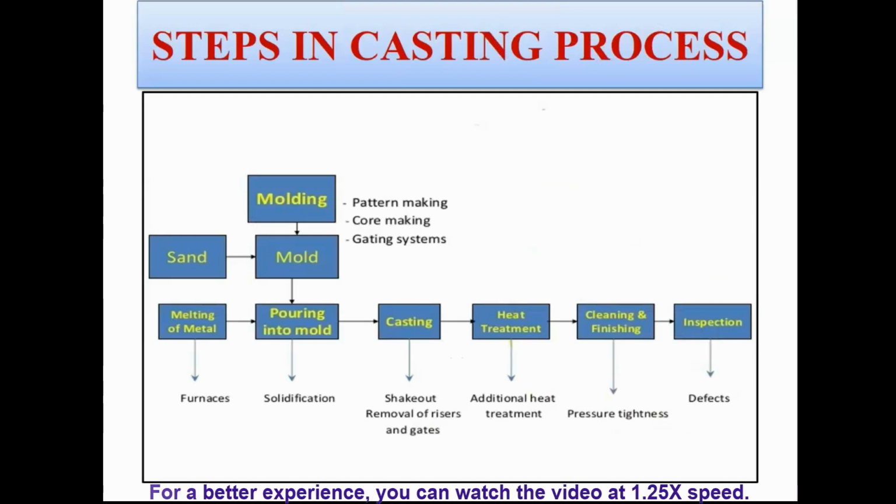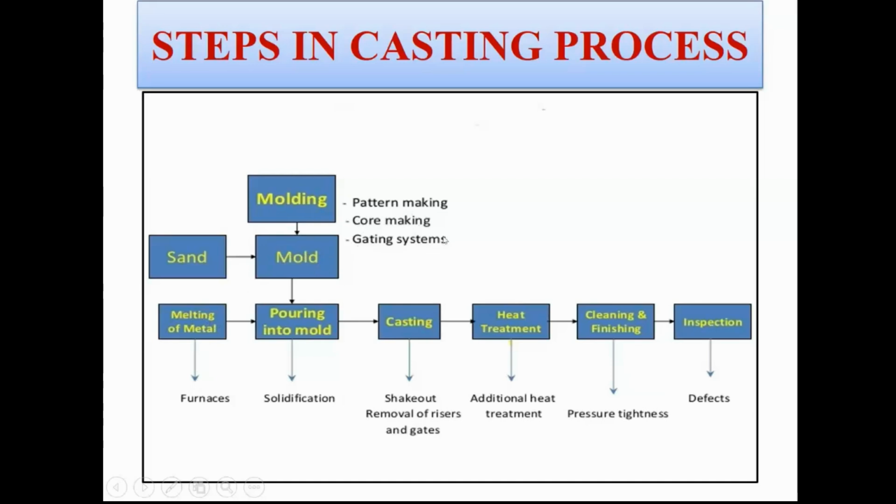There are certain other steps which are involved in the whole casting process, and we will revise them again. So first of all, you make a mold which is made up of sand, clay, and binder, and simultaneously in the same foundry you melt your metal in the melting furnaces. And then this mold preparation involves the pattern making, core making,